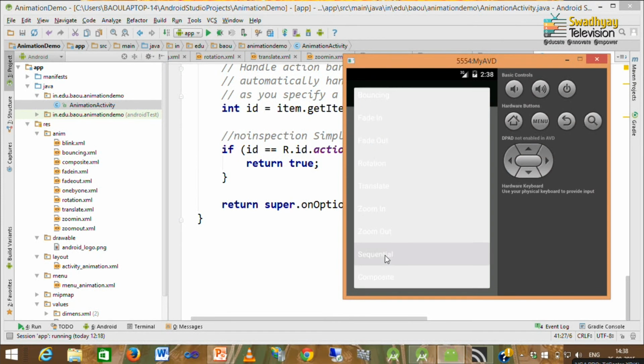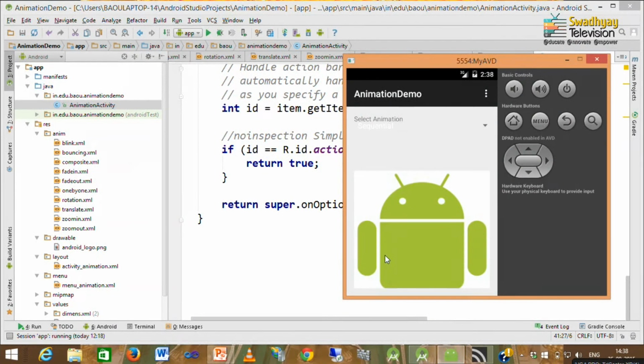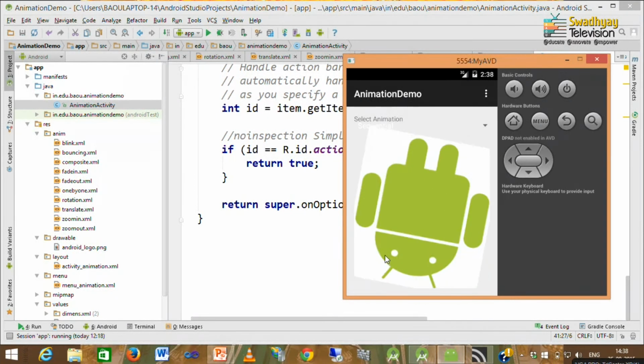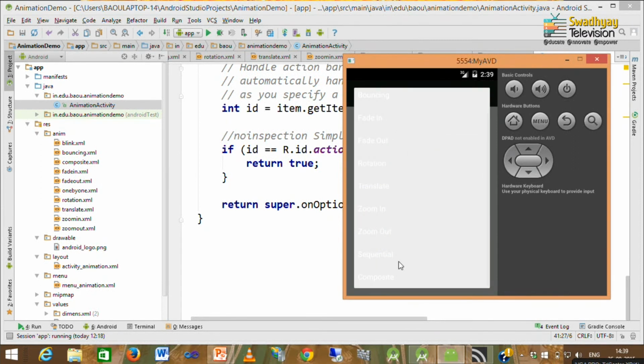Then we have sequential. This is first translation, second translation, third translation and finally rotation. So, this is how we apply 4 animations one by one. Next is a composite animation, where we implement scale and rotation together.